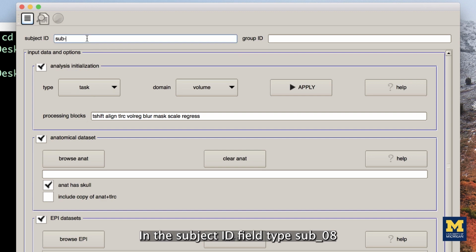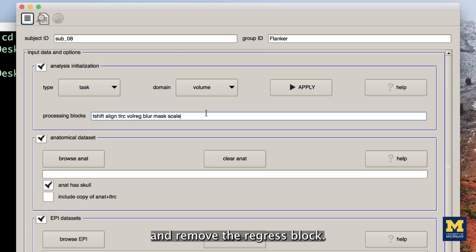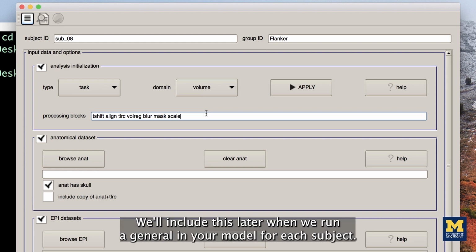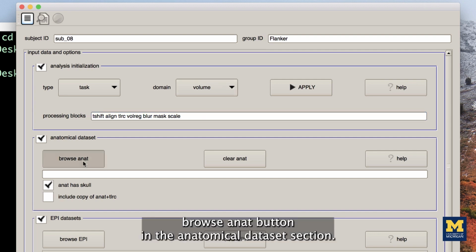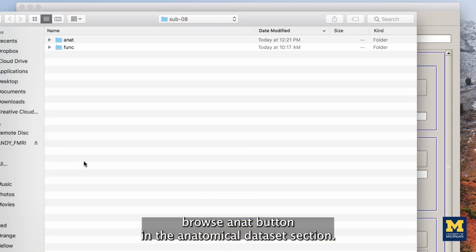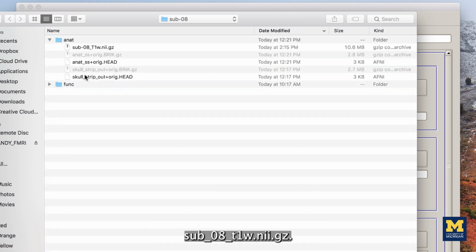In the subject ID field, type sub_08, and in the group ID field, type flanker. Click on the box next to Analysis Initialization and remove the regress block. We'll include this later when we run a general linear model for each subject. Then click on the Browse Anat button in the Anatomical Datasets section. Navigate to the anat directory and select the file sub08